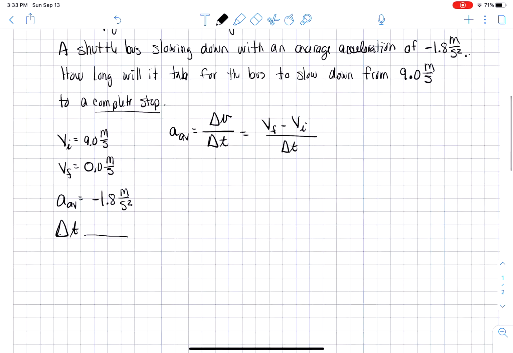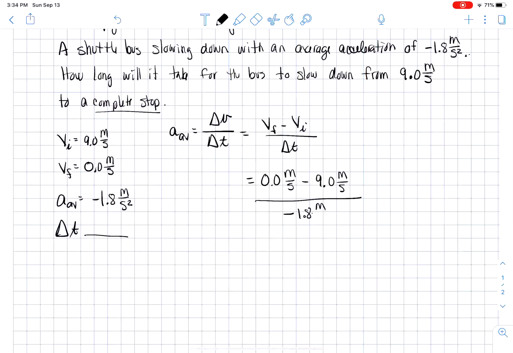Now here, our final velocity was 0 meters per second. Our initial velocity was 9.0 meters per second. Our acceleration is negative 1.8 meters per second squared. So looking at the units